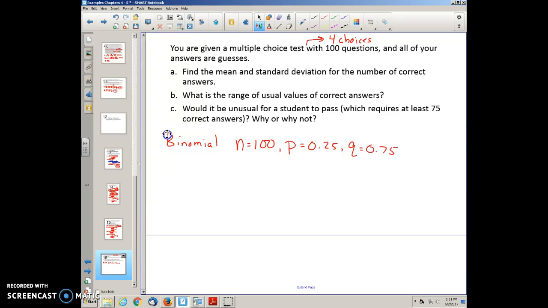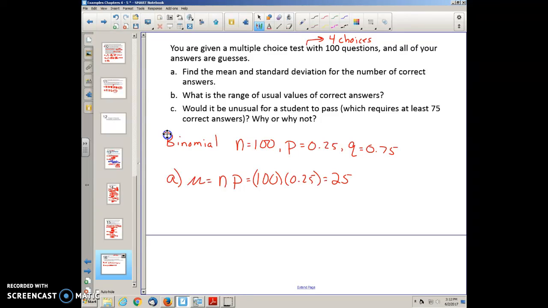All right, so choices are A, B, C, or D. The probability of selecting the correct choice is 1/4. The formula for mean, mu, is n times P. So it's 100 times 0.25, so it's 25. That makes sense. The average would just be 25, because there's a 1/4 chance. It's equal to basically the percentage that you're likely to get correct. It's the expected